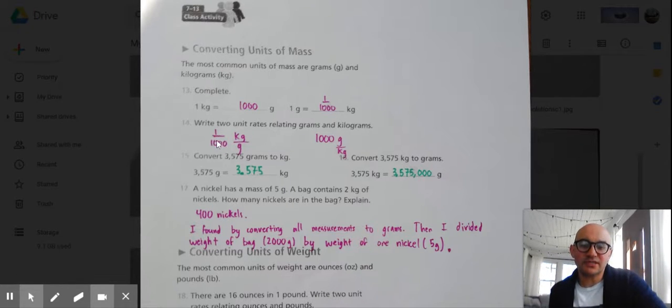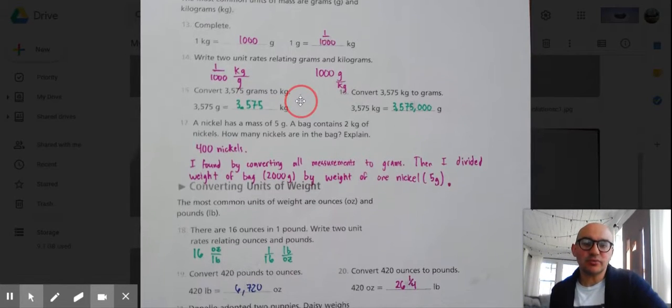The way we read this, on this one I'm pointing to with my cursor, is 1/1000th of a kilogram per gram. And then similarly here, another equivalency, 1,000 grams per kilogram. Okay, so both of these two things mean the same to us,